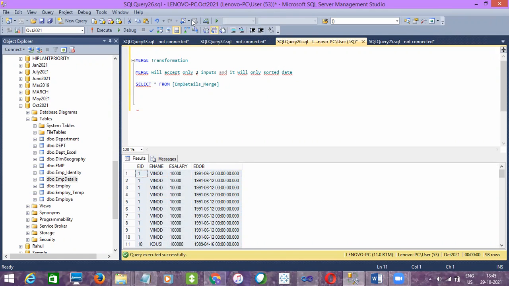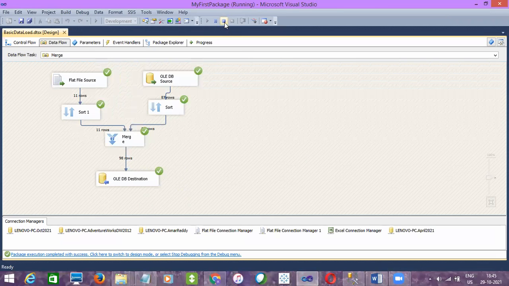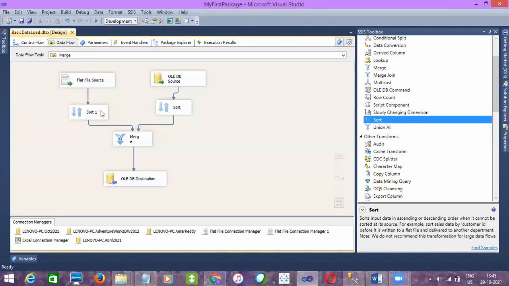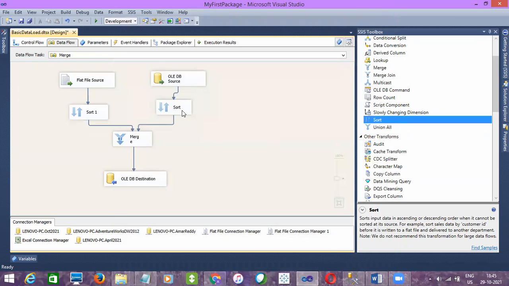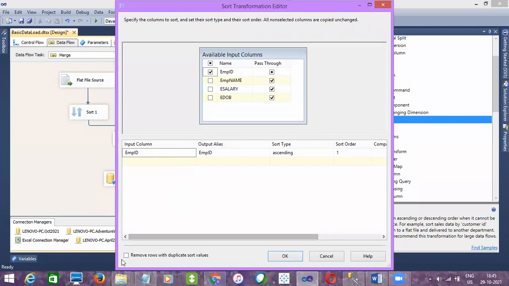So we can eliminate the duplicates in SSIS by using the sort transformation. And in the sort, we have an option called remove rows with duplicate keys. If you open the sort transformation and check at the bottom, there is a checkbox called remove rows with duplicate sort keys. Click on that, so that whatever duplicate values are there on this ID field will be removed, not deleted. It will be excluded from the data loading. And also choose the same on the right side, right?